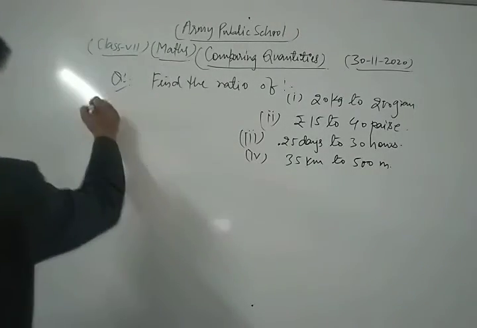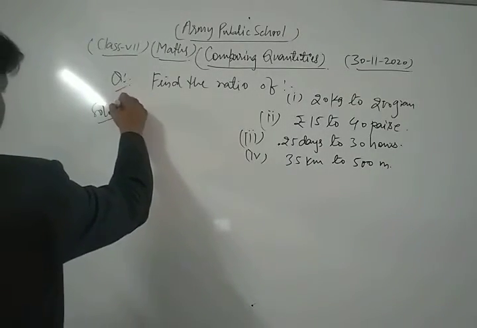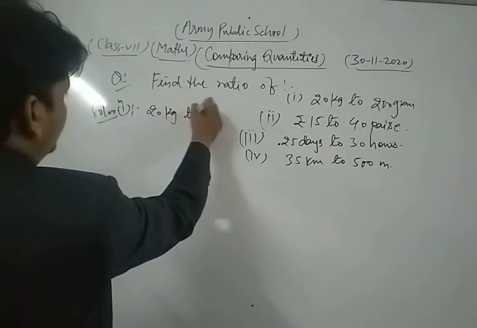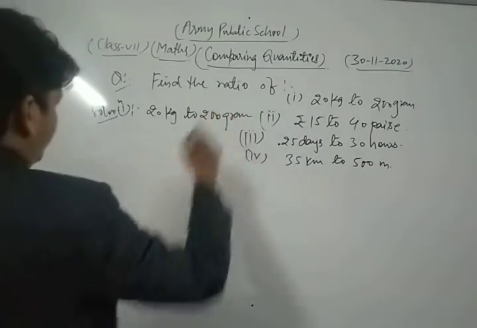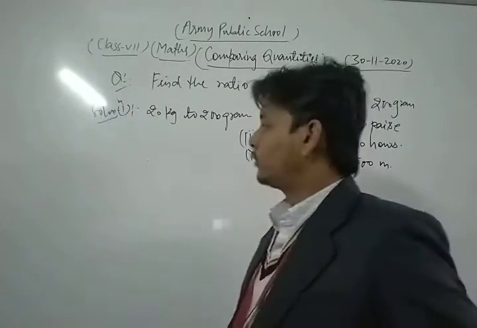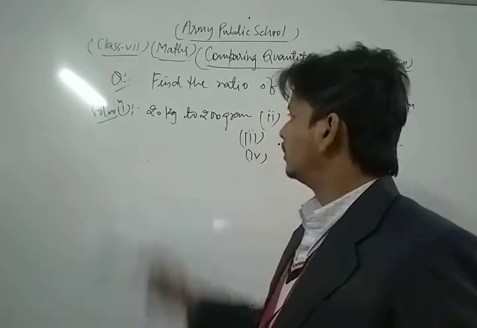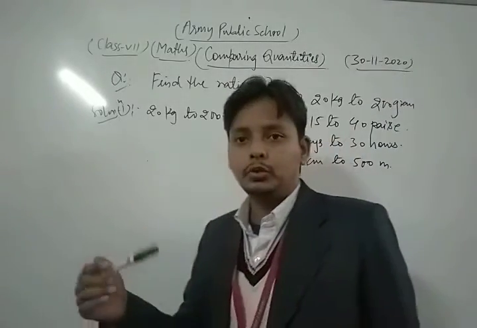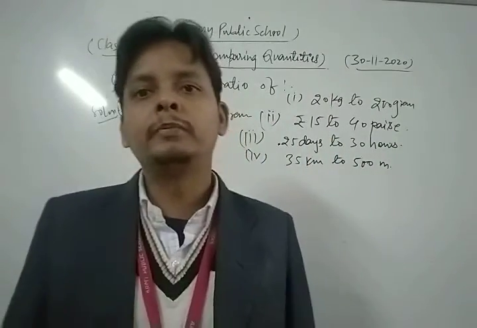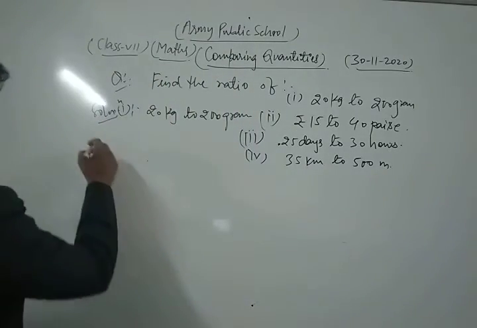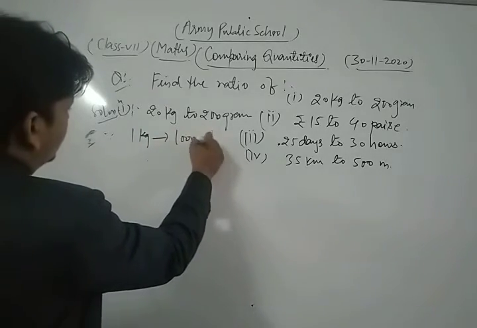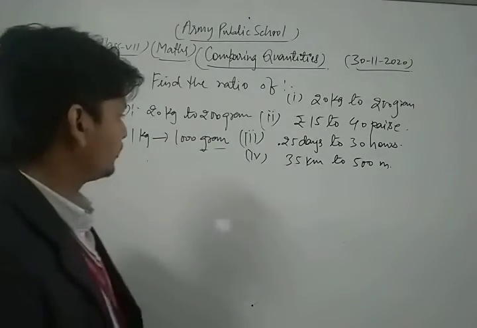Now first of all we solve the first part of this question. Let's see. We take the first part, which is: find the ratio of 20 kilogram to 200 gram. Dear students, before finding the ratio of the values of two similar quantities, first of all we convert kilogram into gram, or gram into kilogram. Since we know that in 1 kilogram there are 1000 gram,